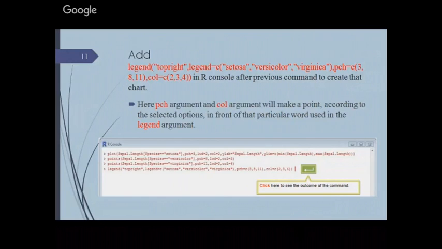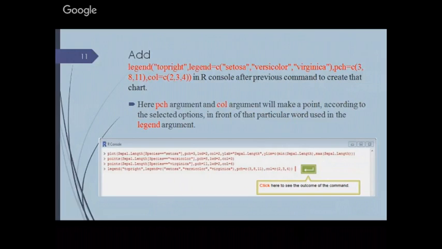And how to run this command? After plot command. I don't know whether it is visible or not. Otherwise, you just read the command that is given in the slide, legend command. Just like points command, it is to be followed after plot command. It's not a part of within plot. After running the basic plot command, you add on the legend on that. I'm adding on certain points using the point command. We are adding legend on that